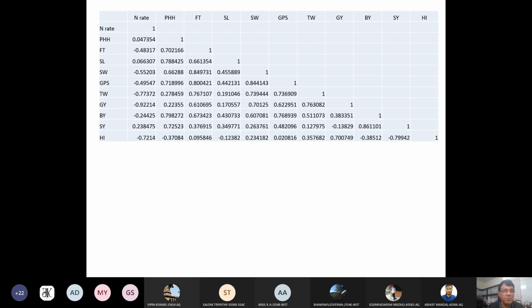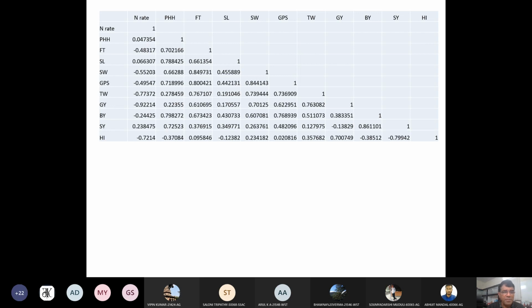For example, if I want to see plant height at harvest, see in the row 1, and I want to see the correlation of this with the fertile tillers, then the value will be 0.702166. This is the value. This is the relationship between fertile tiller and plant height. Because your correlation coefficient of the table value was 0.8 and this is 0.7, it means it is non-significant. It also suggests that there is no relationship between plant height and fertile tiller number.